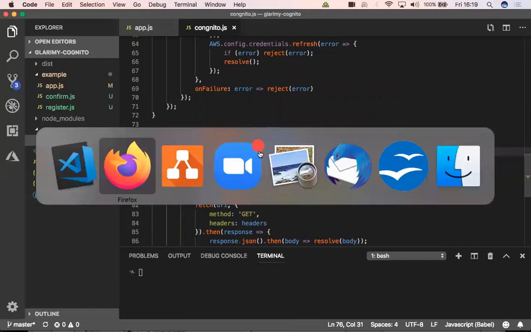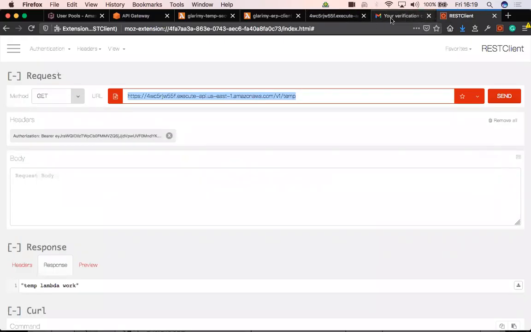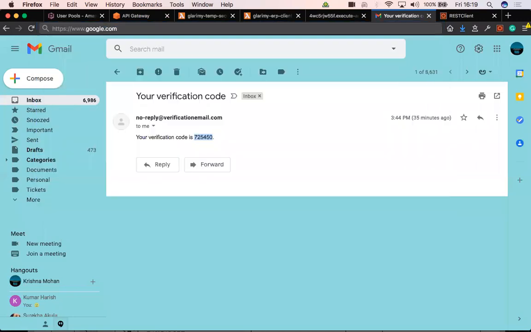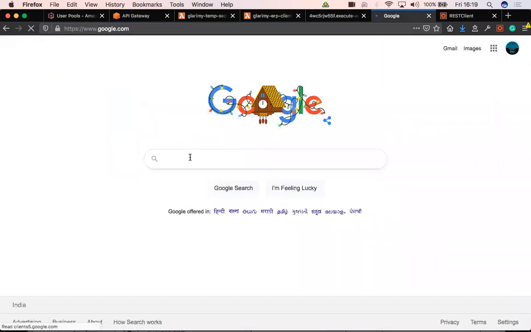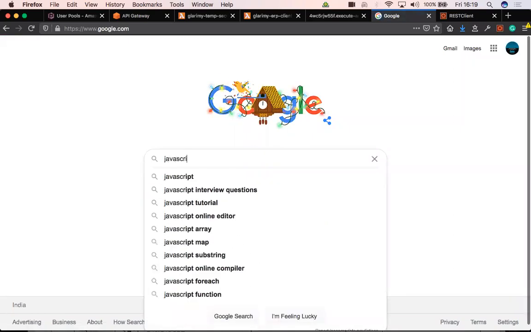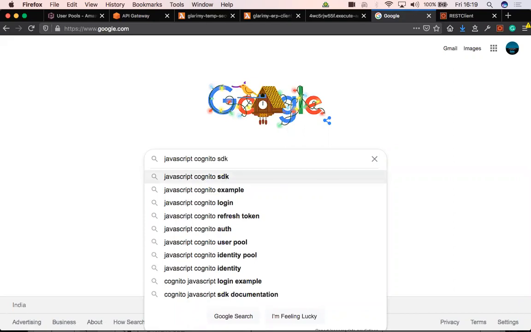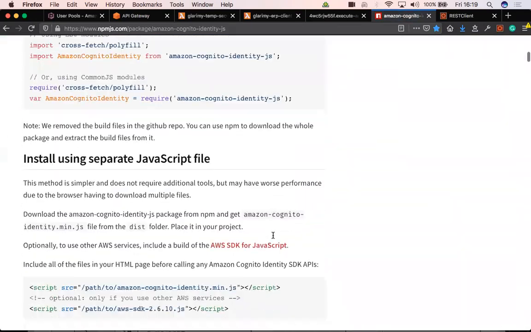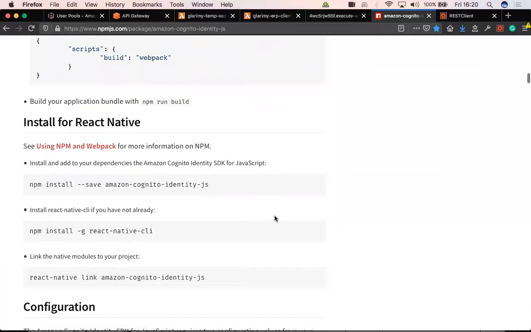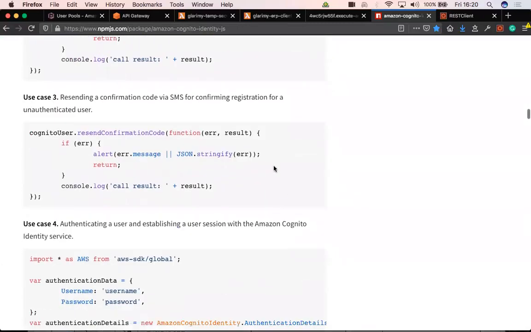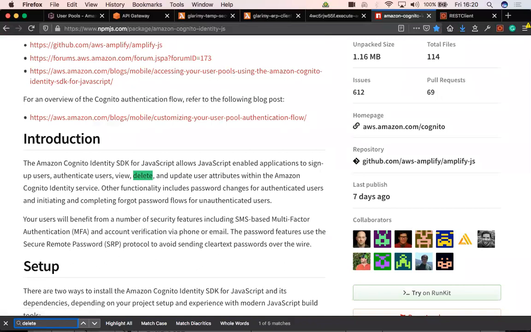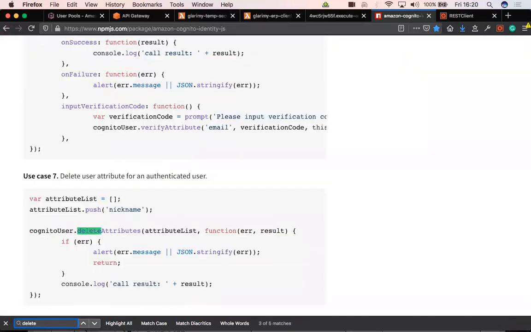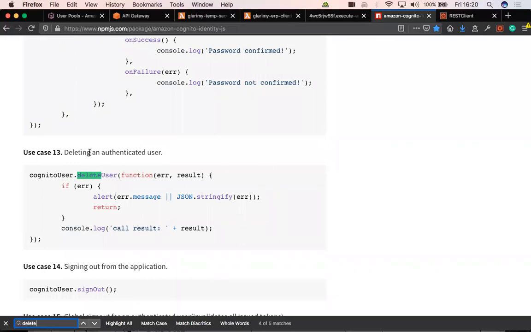Yes. So how do I know? That is where the API comes in. Whose API? Cognito API, the JavaScript Cognito SDK. They have given those APIs. So how do we delete a user, or how do we log out? Let us see. Because somebody has written it, only their documentation will help us. There is no way you can identify it automatically. We need to see if there is anything called delete, deleting user attribute. It is delete user, deleting an authenticated user.